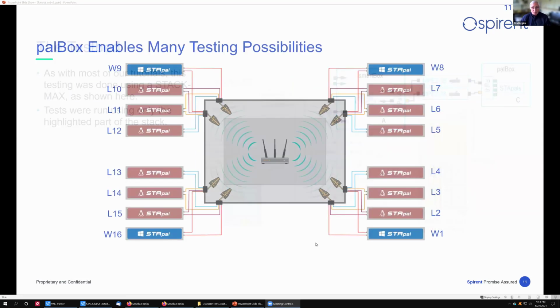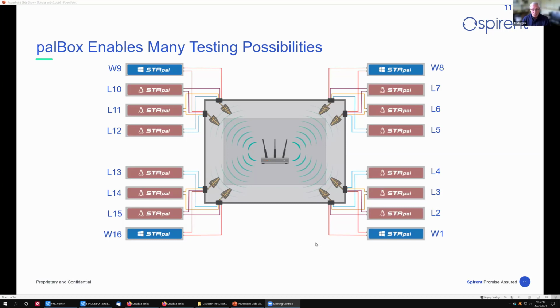Now, the PAL box, if you're not familiar with it, consists of 16 real test devices, so each is individually controllable. They are all based on the Intel AX200 Wi-Fi 6 radio, and 12 of those stations are hosted on Ubuntu Linux, and 4 of them are based on Windows 10.